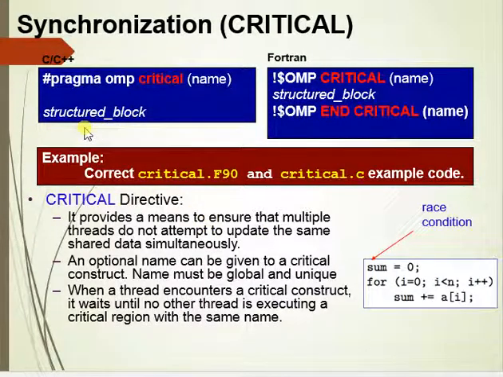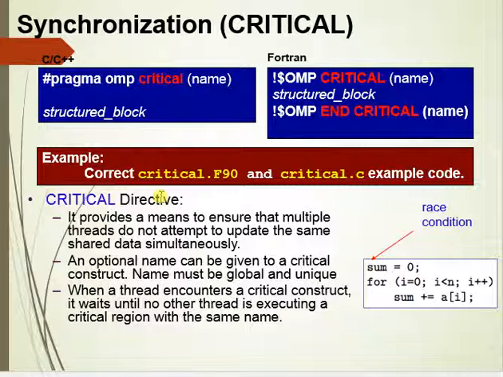This tells the critical part. #pragma omp critical, and the name we are specifying. This is the example of critical. What is the directive of critical? It provides the means to ensure that multiple threads do not attempt to update the same shared data simultaneously. An optional name can be given to a critical construct.